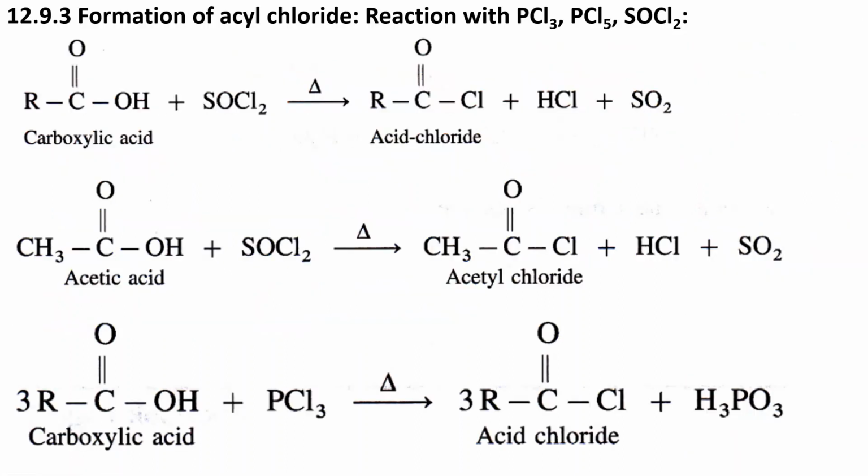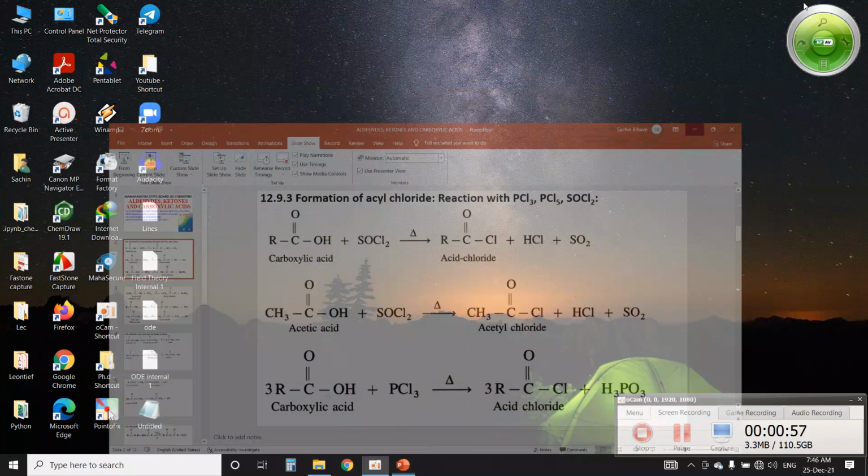Let us firstly discuss the formation of acyl chloride, that is the reaction with PCl3, PCl5 and thionyl chloride. These three reactions are very important from the point of view of the board examination, that is phosphorus trichloride, phosphorus pentachloride and thionyl chloride. So let us discuss the first reaction about the carboxylic acid. Before starting this reaction, I will take the